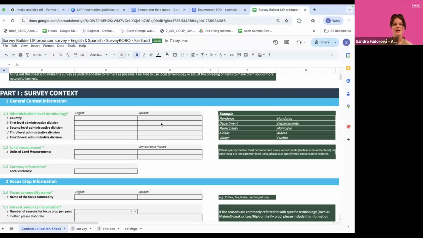This tool, as you can see, might feel a bit familiar to some of you. It also builds on our previous work with IDH and their income guidance measurement tool. So it has a bit of a familiar format. And it essentially contains all the necessary questions that you need to be able to derive the household income, as well as information surrounding production costs, yields, and other sources of income, such as income from livestock, income from other crops, or income from off-farm sources.